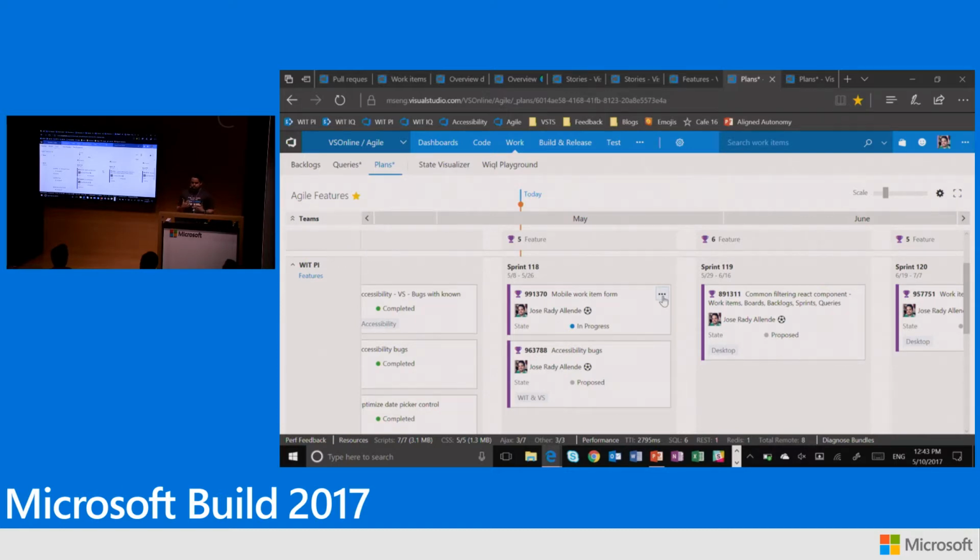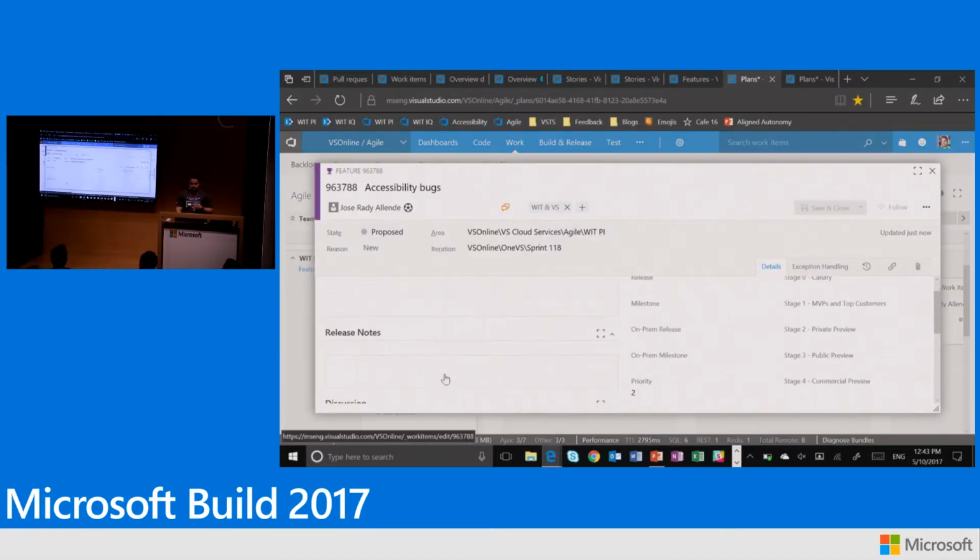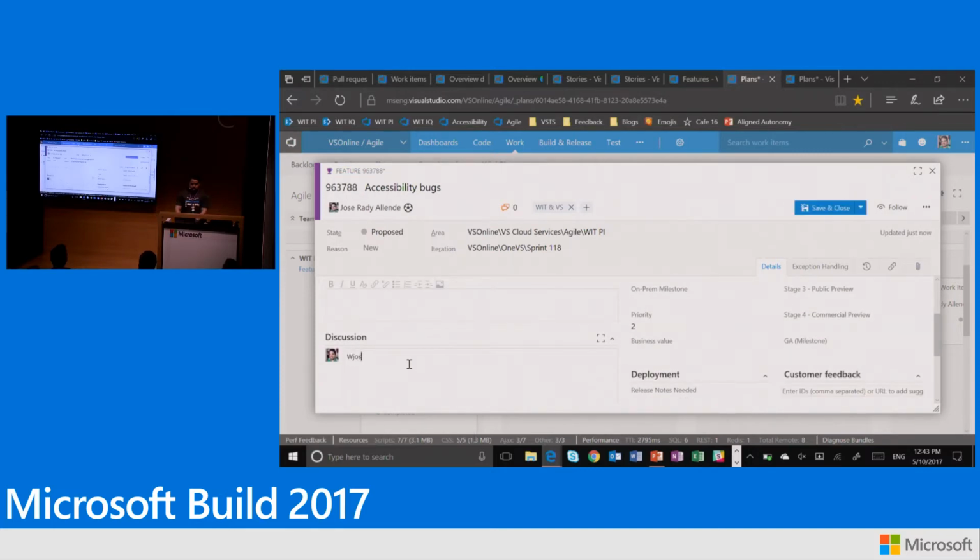Now, the alignment piece comes from my manager not having to go to each one of our boards and take a look at them and say, oh, I don't agree with this priority, man. I committed this to somebody else, somebody external, and we need to just get it done. What he does is he simply comes to this board and says, you know what, Jose? I really don't agree that accessibility should be secondary this sprint. I actually want it to be first. And then he can go to that work item, scroll down to discussion and say, add Jose, change priority, right?